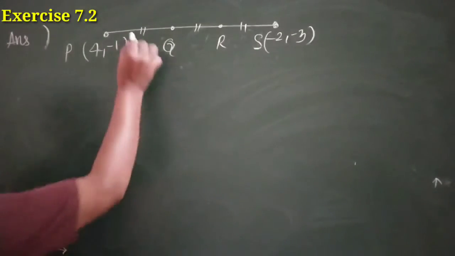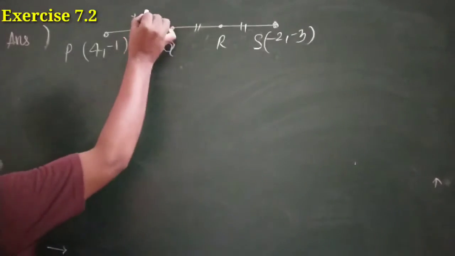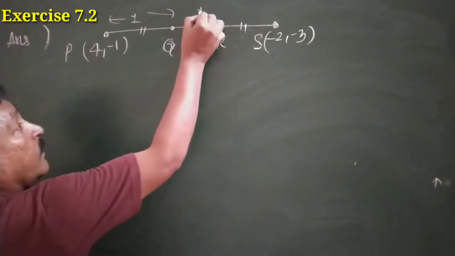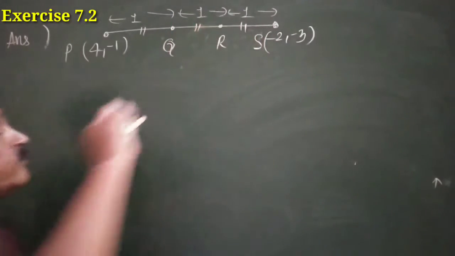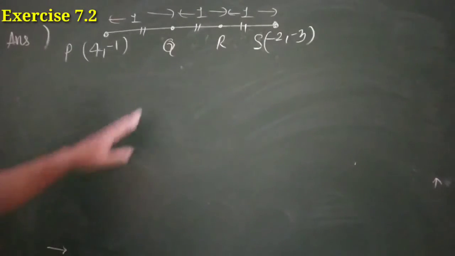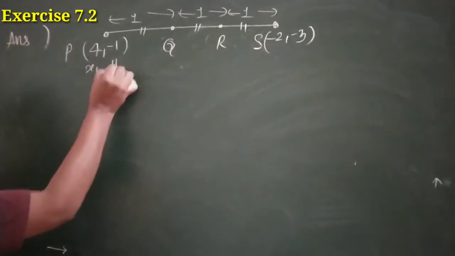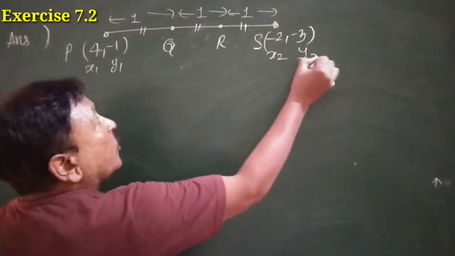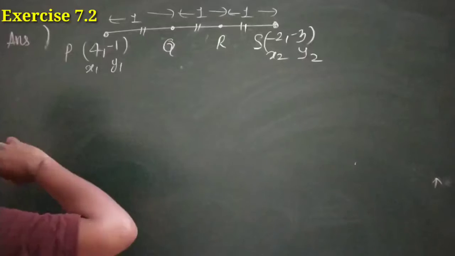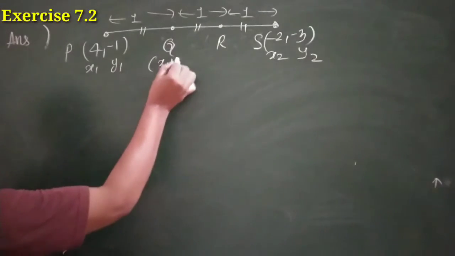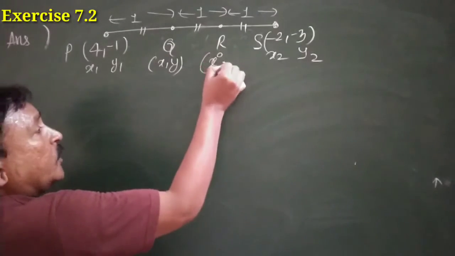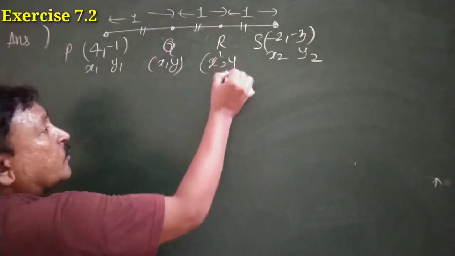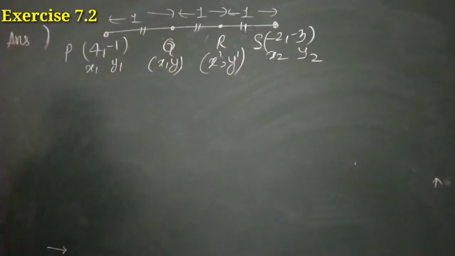Okay. Since all the parts are equal, it means we can take the ratio 1, here also 1 and here also 1. This thing I had just explained to you in the concepts. Is it clear? So just give them some names. It is actually x1, y1. It is x2, y2, and give it a name. We can give it the name x, y. So give it some different name. We can give it x0, or we can say x dash comma y dash.